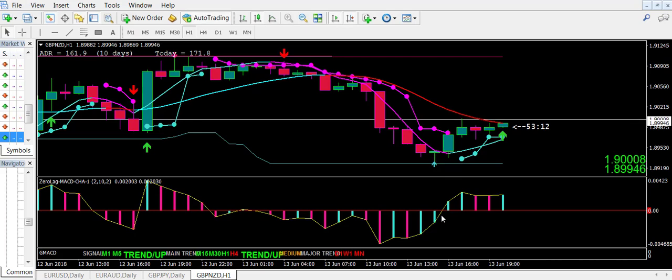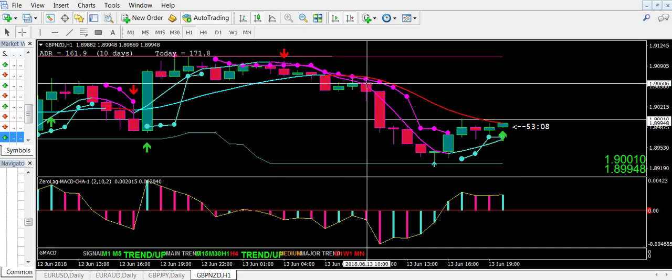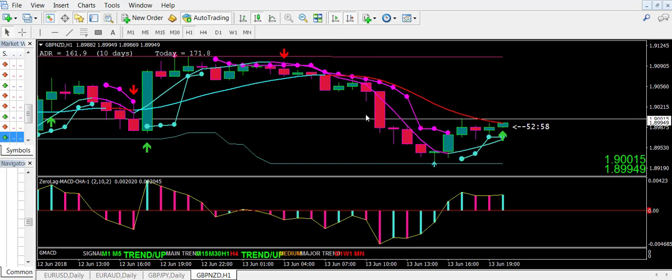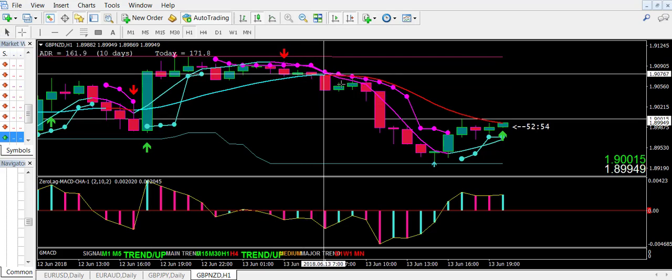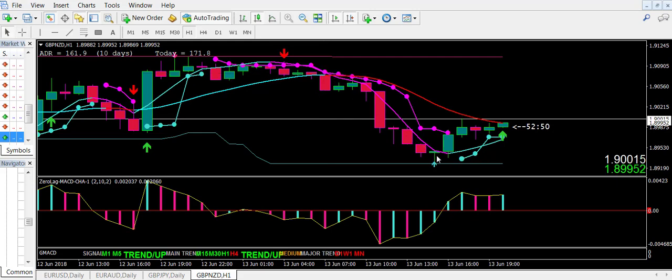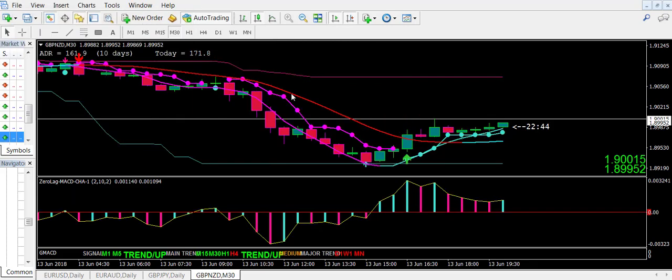So this would have been your signal, the yellow line crossing the zero line. So right here is where you get out. So even in a 1 hour chart, if you had entered here, this is your exit, 117 pips. However, you could have entered here, and that's 137 pips. So trading in the 1 hour chart is really easy to do,